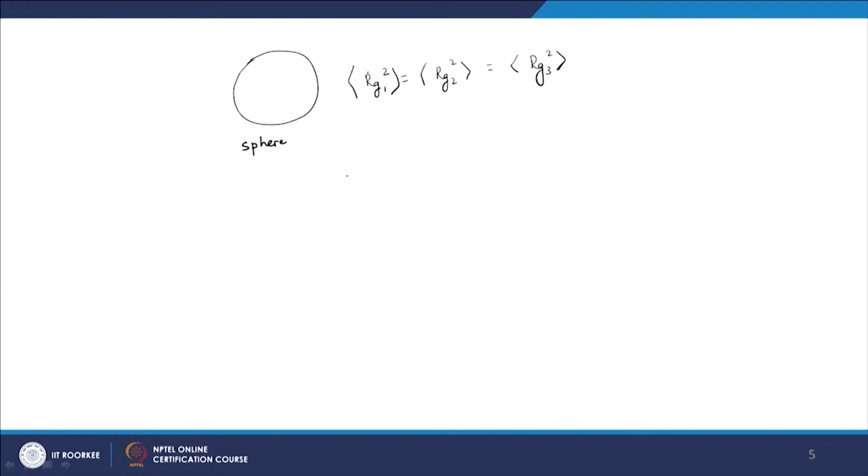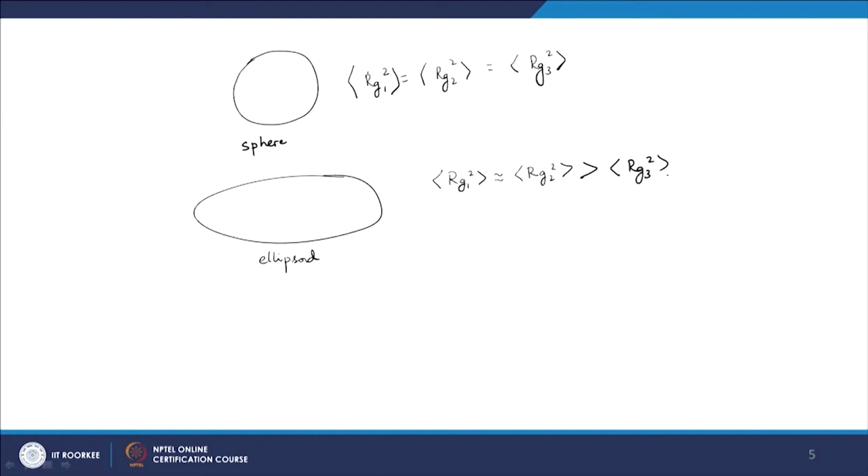If it is, however, an ellipsoid, there are actually 3 possibilities. One is that we have Rg1 square comparable to Rg2 square, which however is higher than Rg3 square. So, 2 of them are more or less similar and the third one is smaller,